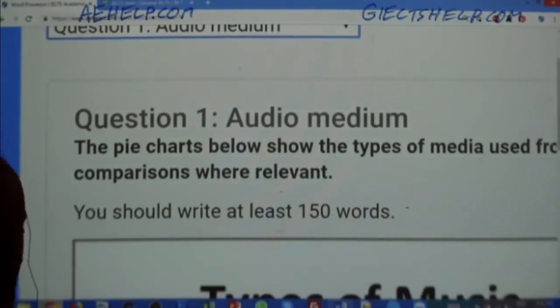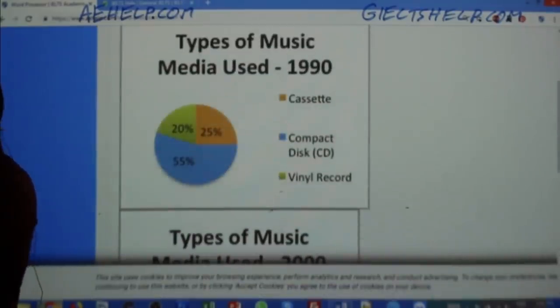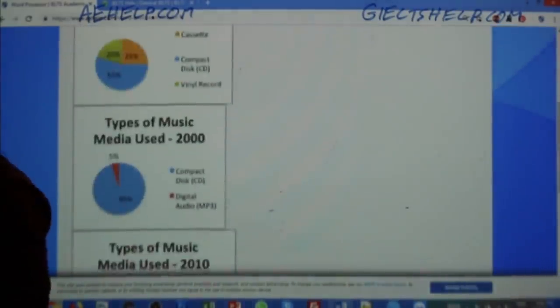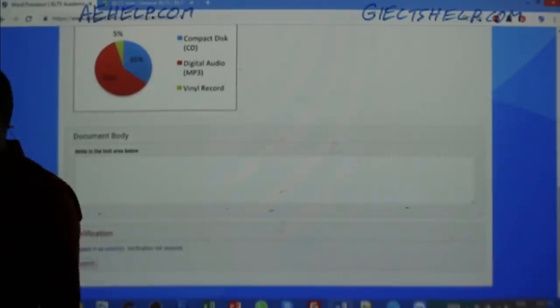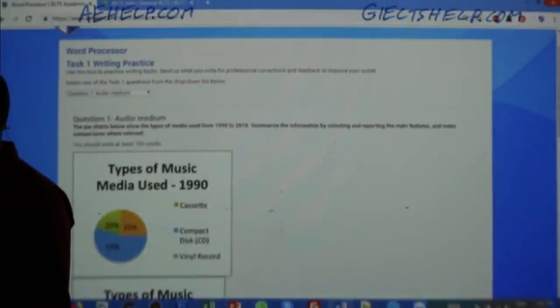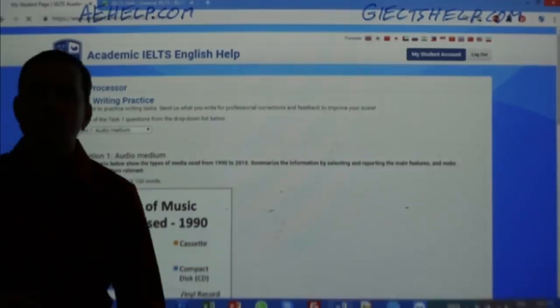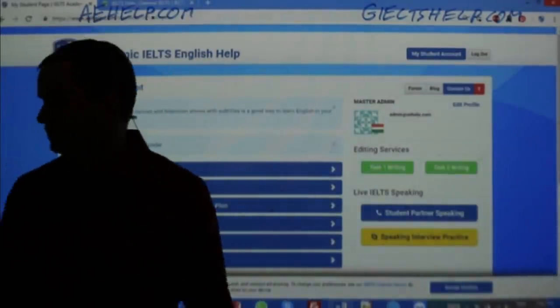Notice here, when I click it, okay, it says audio, medium, company flow, divorce chart, and so on. So here is an example. Okay, this one you can see is a pie chart type question. And then you can type here and you can send it to us and we can check your work. Now, if you want us to correct your work, then that does cost money, but it's a very good tool. Okay, and there's another tool that I want to show you, so bear with me here, it's useful.